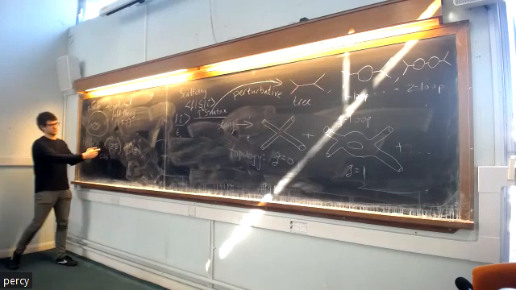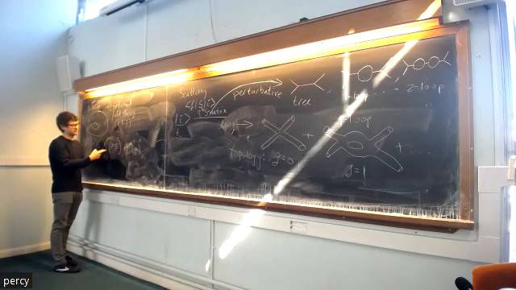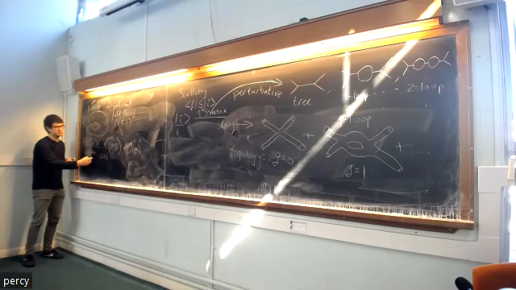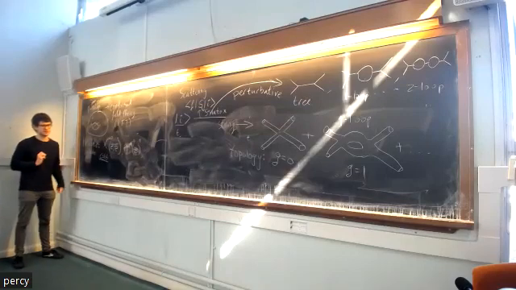So you've got 10 bosonic fields, x mu of z bar, on the anti-holomorphic side, but then you've got this additional c equals 16